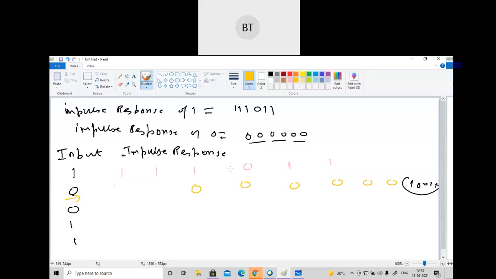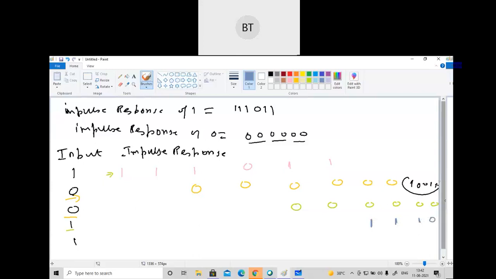I'll tell you, but first you complete this table. So now for this 0, we will shift from here. I'll start from here, 0 0 0, 0 0 0. I have shifted 2 bits more. Now for 1, I'll write this by shifting 2 more bits. So from where do I have to start? From here I'll start: 1, 1, 1, and now 0 and 1, 2 times 1 more.